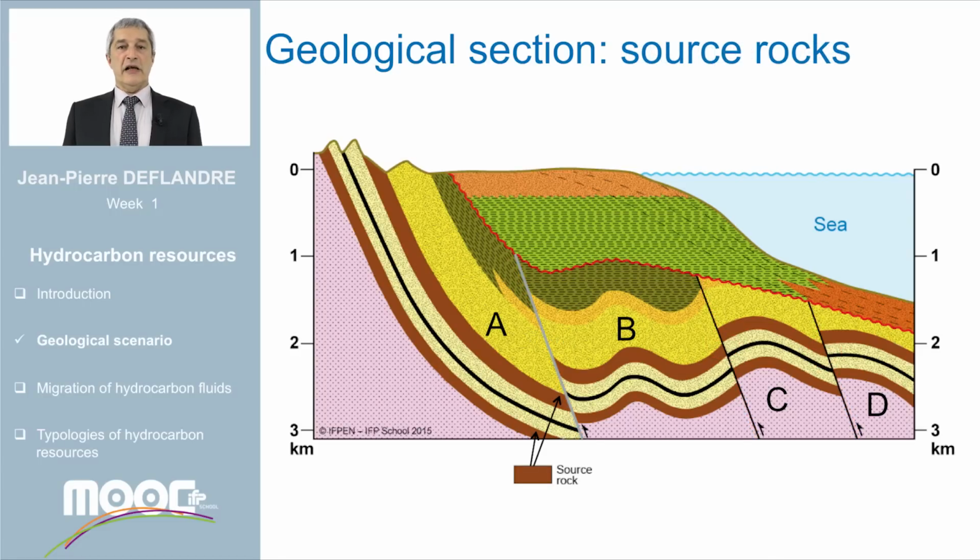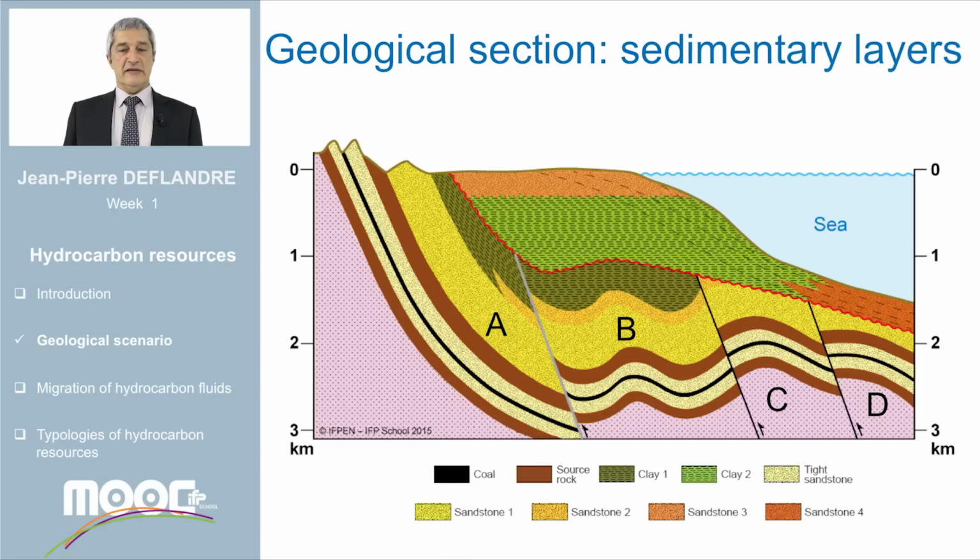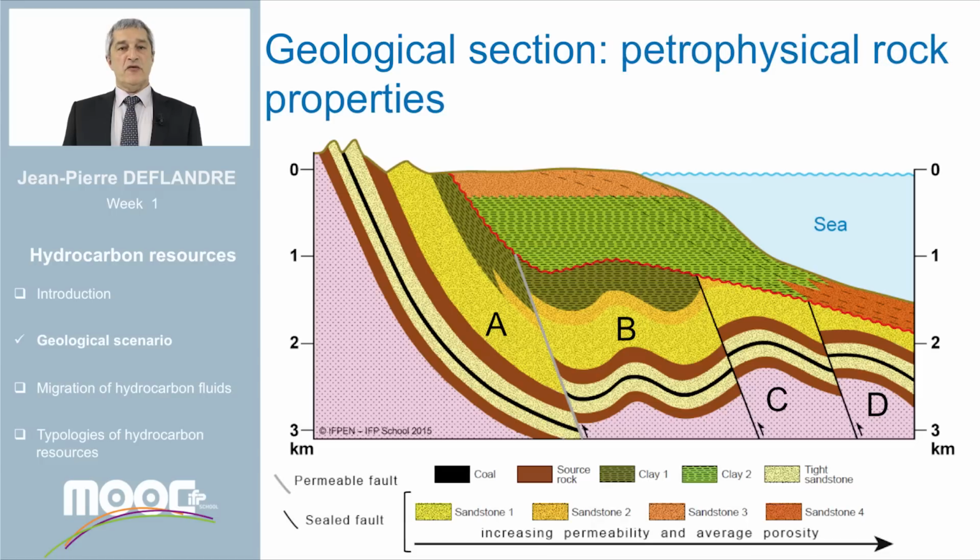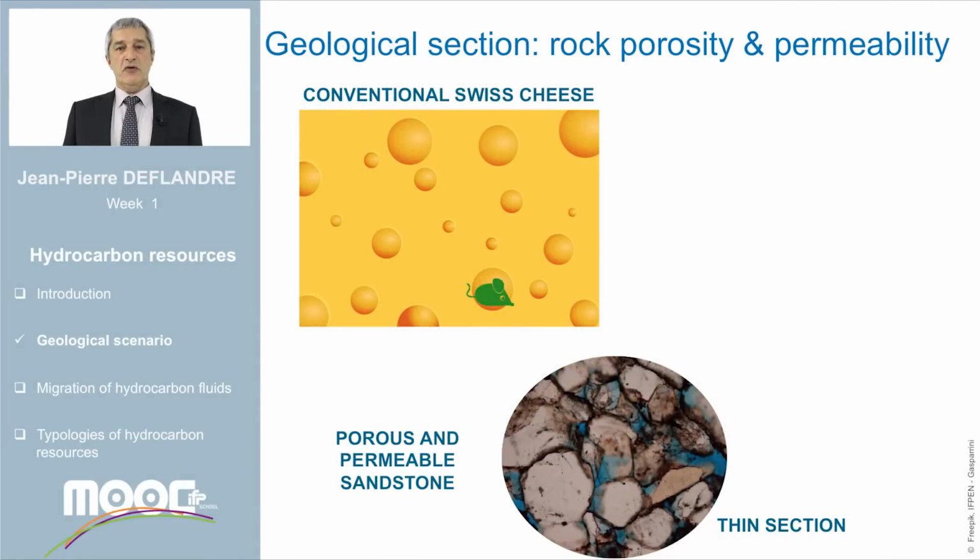Let us look in detail at this sedimentary formation composed in our specific case of two source rocks, mainly shales, coal, and different types of clays and sandstones. These different kinds of rocks represent more or less porous and permeable materials where hydrocarbon fluids can or cannot displace through or accumulate into. The porosity represents the amount of void in a medium, such as all the volumes in a